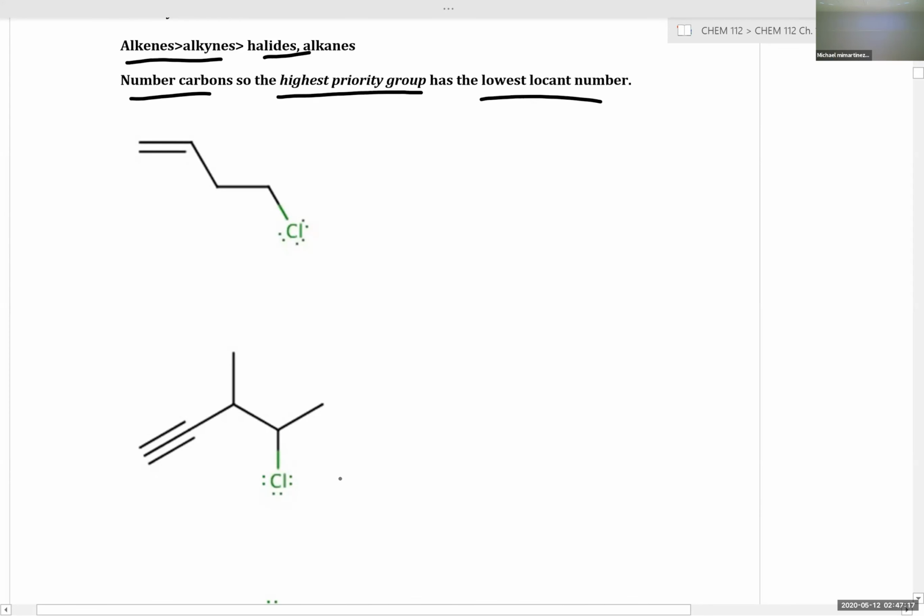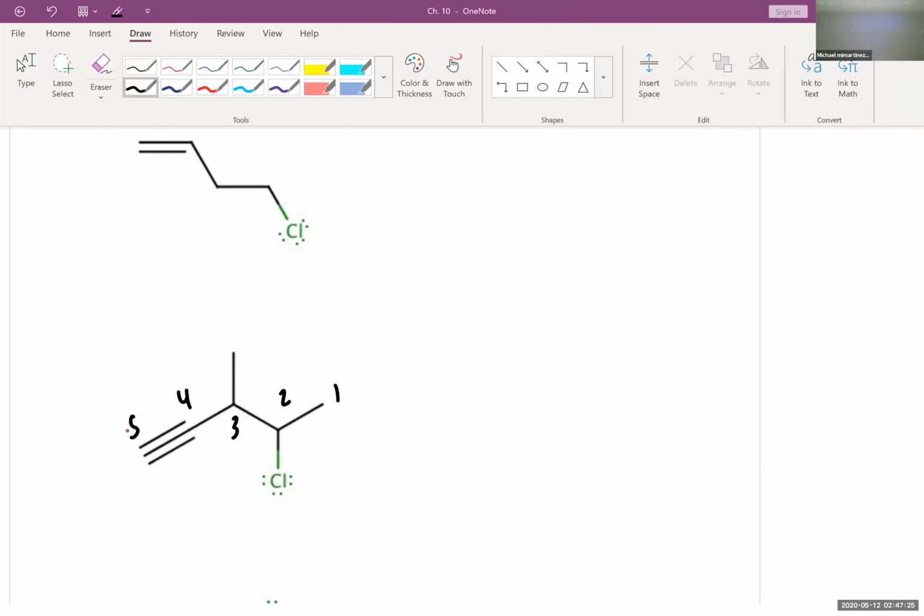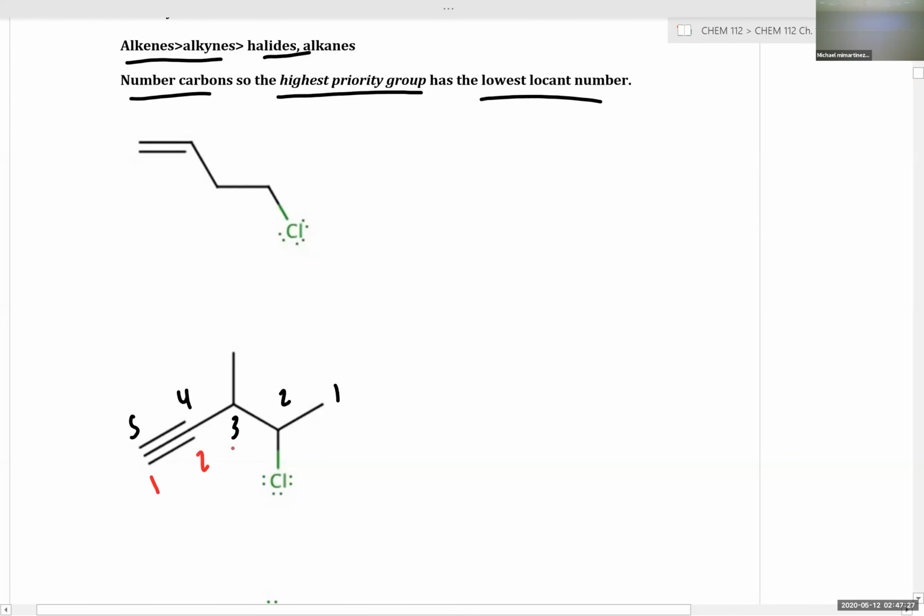So let's look at this alkyne, for example, 1, 2, 3, 4, 5. So that's one method. Or we can number from left to right, 1, 2, 3, 4, 5. In this case, the method numbering in red takes priority because we want to assign our alkyne the smallest possible